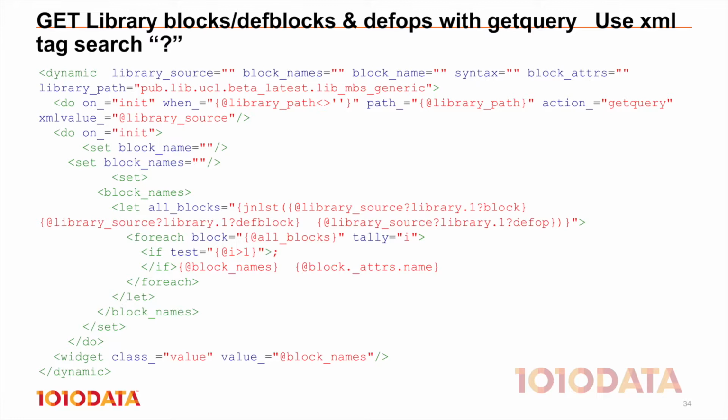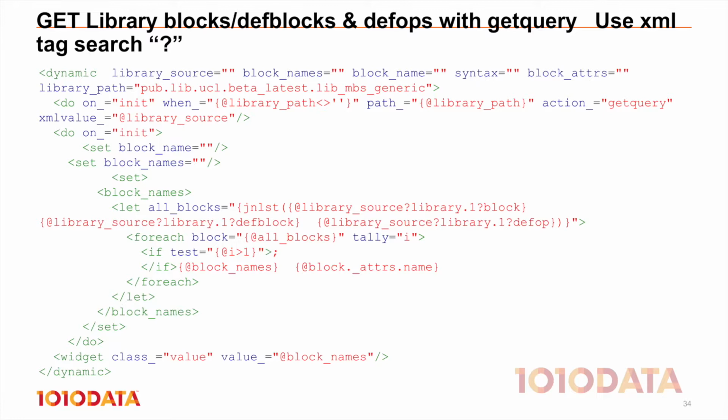In this example, we're using the getquery. This lets you look at things that you've saved as a quick query, a library, for example. In this case, I've saved this MBS generic library on the system, and I want to see what's in it, and maybe present that in a nice way. So you run getquery, and you get back